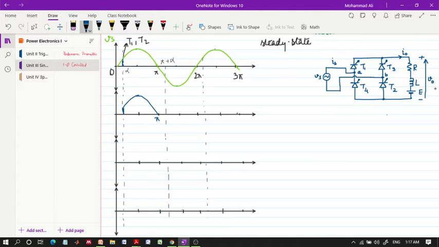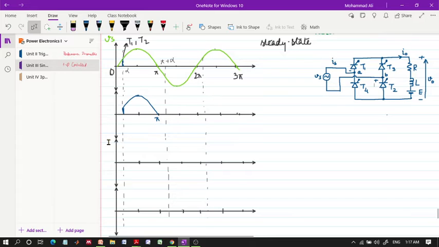Now at pi, the polarity of the supply voltage will reverse. This portion will become negative, and this will become positive. According to this condition, T1 and T2 should be reverse biased, because the voltage polarity has changed. But the thing is that the conduction will continue because of the inductive nature of the load. Okay,